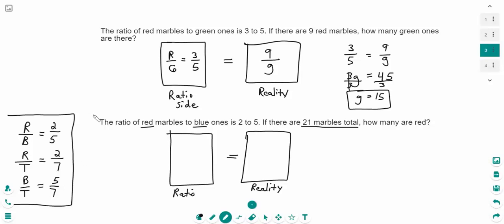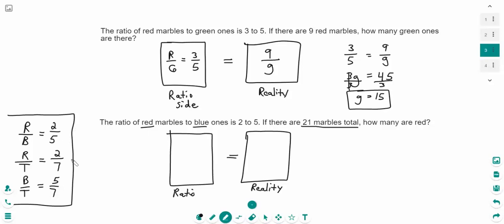Now, why is this important? It's important because this next part, the reality part, is going to dictate to us which one of these ratios we need to use in our ratio box to solve the problem correctly. All right. So the first step, the Saxon textbook actually recommends that the very first thing that you